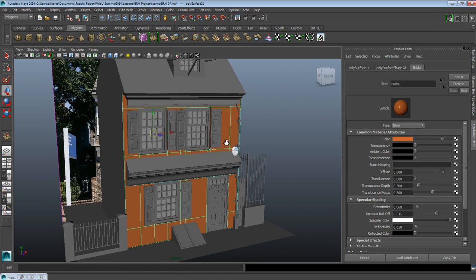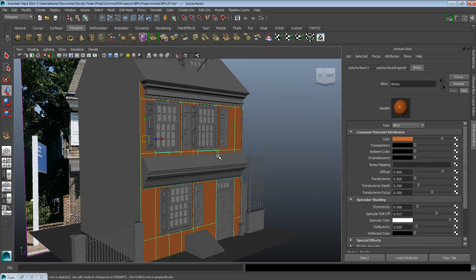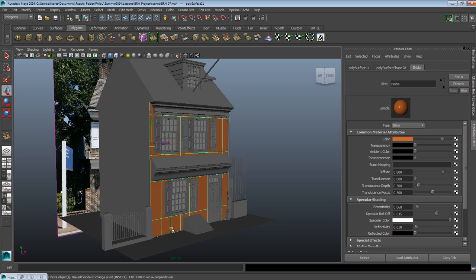What Maya and a lot of other 3D packages do is that whatever you bring into here is being referenced from a specific location. So